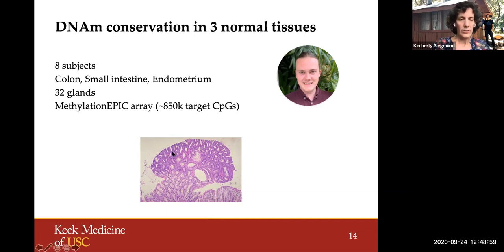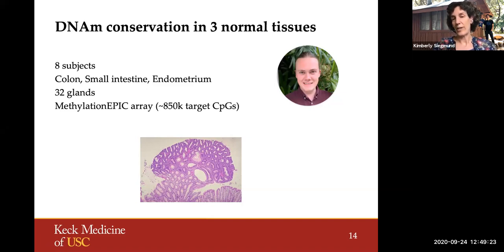So a gland, I just took this picture. This is actually a tumor, not healthy cells, but each one of these, you see these little pockets. These are glands. So this is a glandular tumor. And Daryl has a way, and normal tissues look like this as well for these 3 tissues. So you can go into the colon and you can grab these glands. And by grabbing a gland, we're getting pure